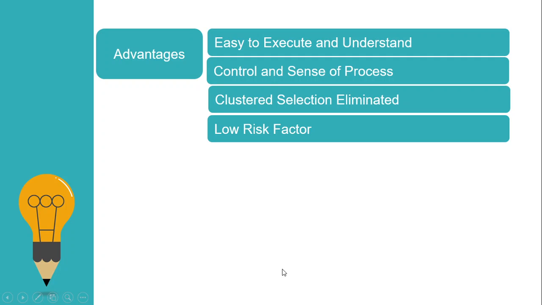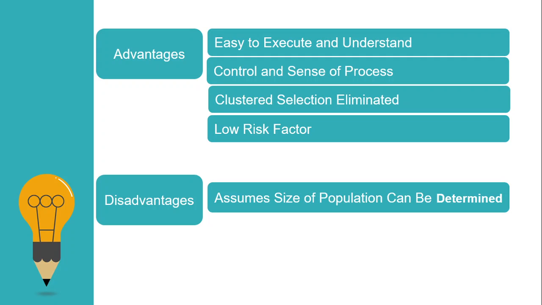Perhaps the greatest strength of a systematic approach is its low risk factor. The primary potential disadvantages of the system carry a distinctly low probability of contaminating the data. So that's why this is a low risk factor based on the data quality.